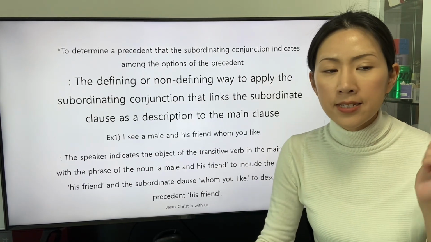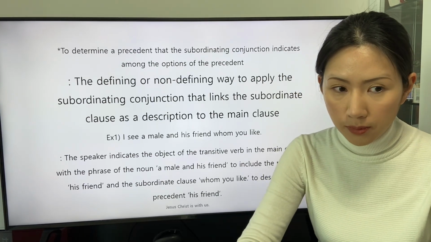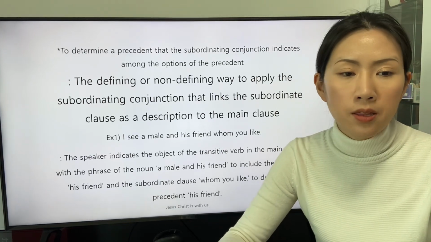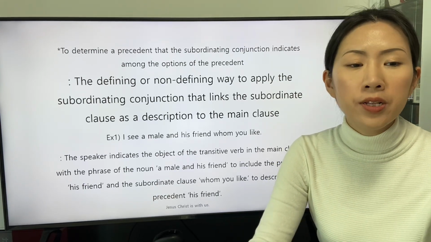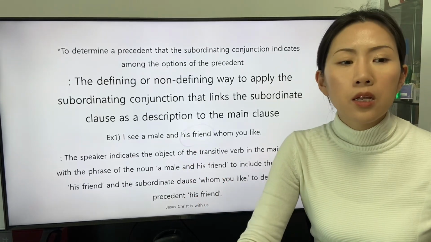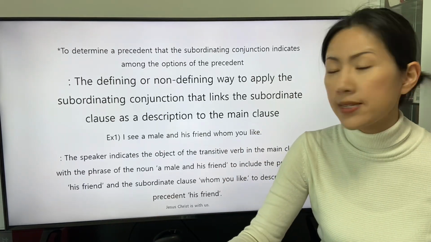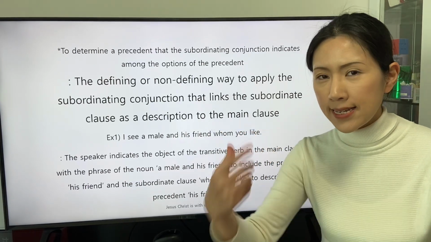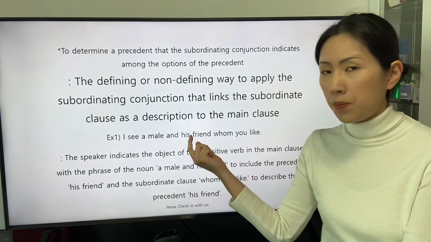The first sentence is this: I see a male and his friend whom you like. The speaker indicates the object of the transitive verb in the main clause with the phrase of the noun a male and his friend, to include the precedent his friend, and the subordinate clause whom you like to describe the precedent his friend. This sentence is intended to set the precedent